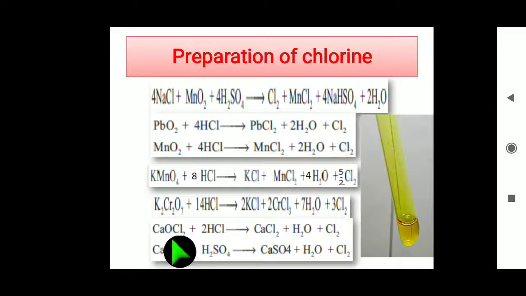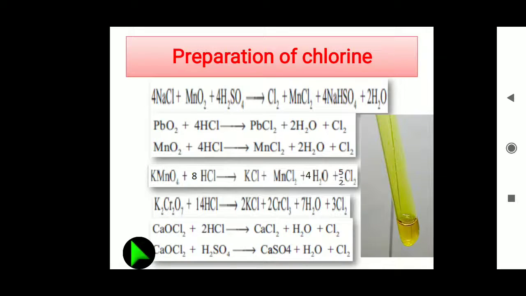Then calcium oxychloride, it is nothing but bleaching powder. Bleaching powder is treated with the mineral acid, hydrochloric acid. We can get calcium chloride, water and chlorine. Okay, on the right side you see the chlorine, Cl2, Cl2, 4 chlorine. Here already 2 chlorine is here. I write 2. So chlorine is balanced. Hydrogen 2, here also 2. So the equation is balanced. Here one oxygen, here one oxygen.